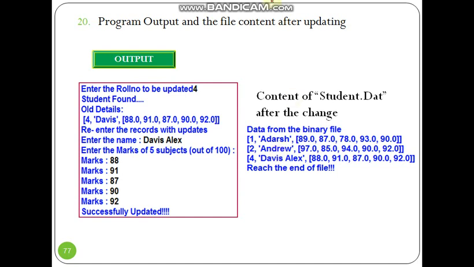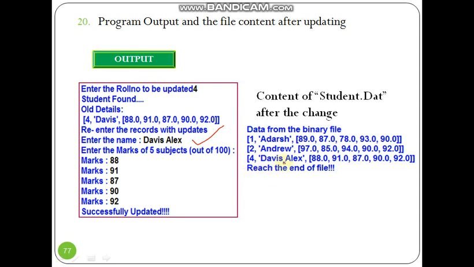When we look at the output of this, you can see now the name Davis is Davis Alex. When we display the entire content of the file, records 1, 2, 3, I already deleted using the delete program. That means David's details I have already deleted.